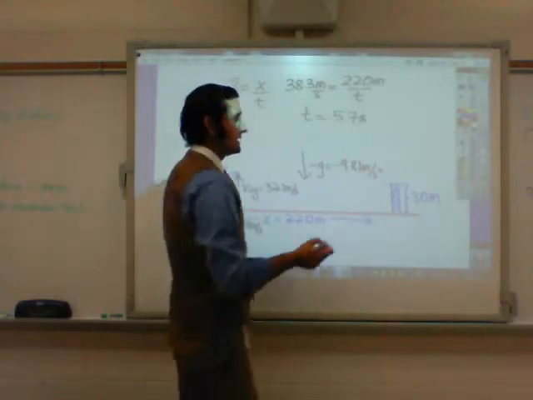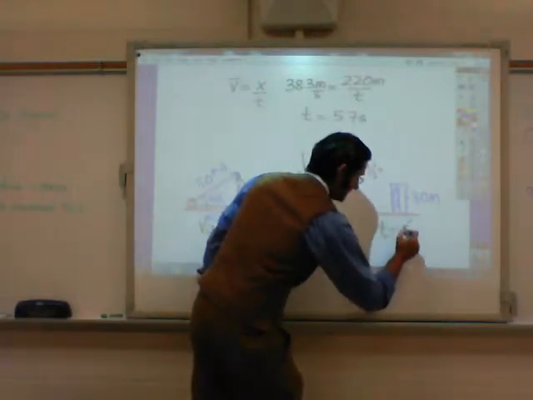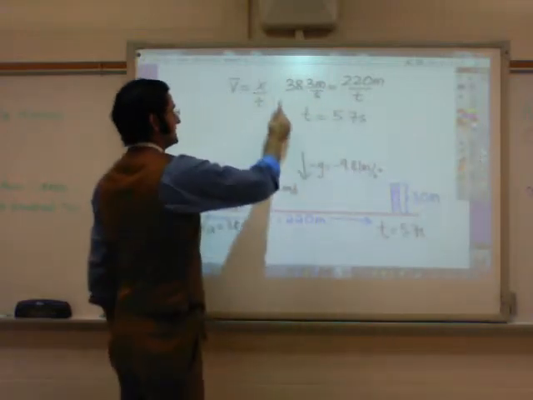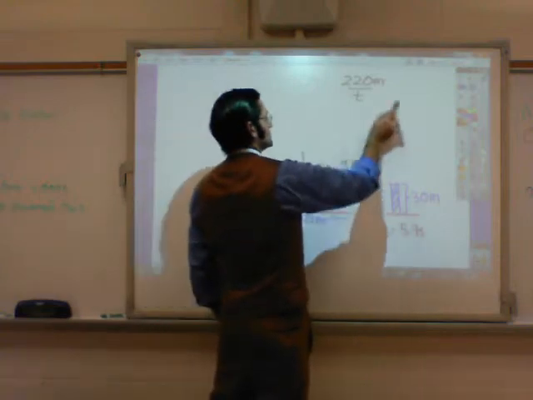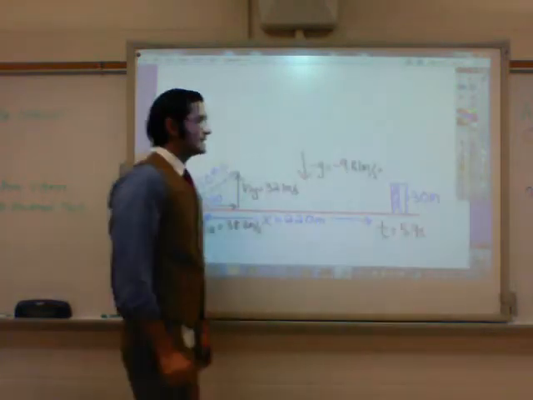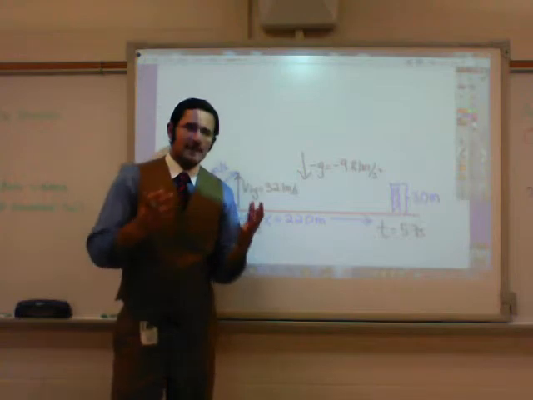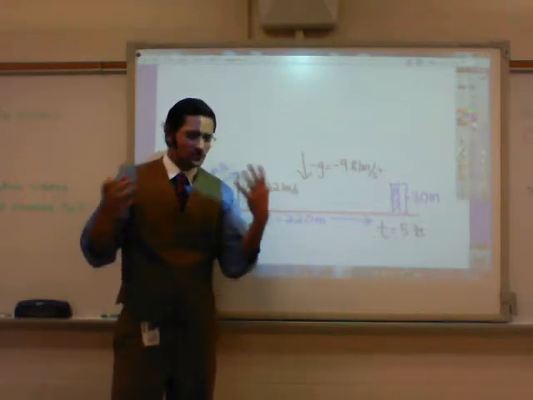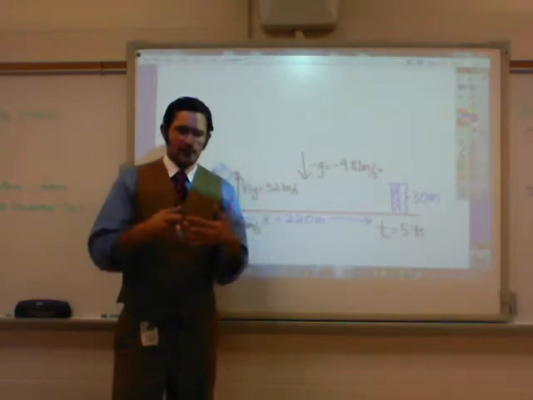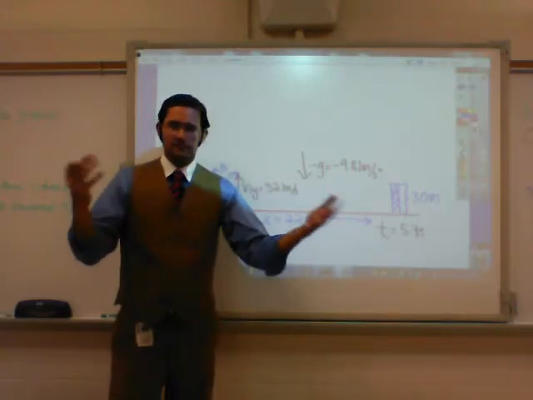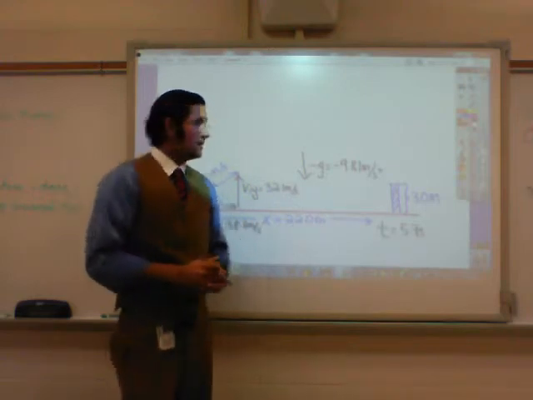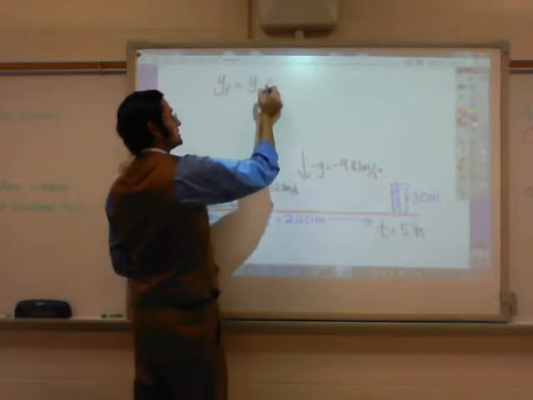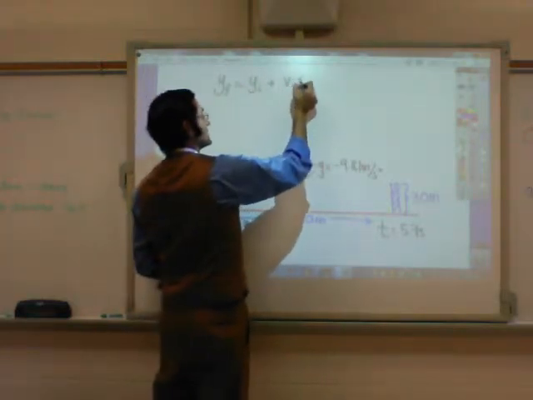So, how do I find out at a time interval of 5.7 seconds where the ball is located on the y-axis? Well, I'm going to use one of my kinematics equations, the ones that we had derived in class. We derived this equation starting off by the idea of acceleration. Then we incorporated it with the idea of average velocity. Two simple concepts, and we incorporated them together to come up with many different variations on the equations that are possible. So the one that we determined was final displacement is equal to initial displacement plus initial velocity times time